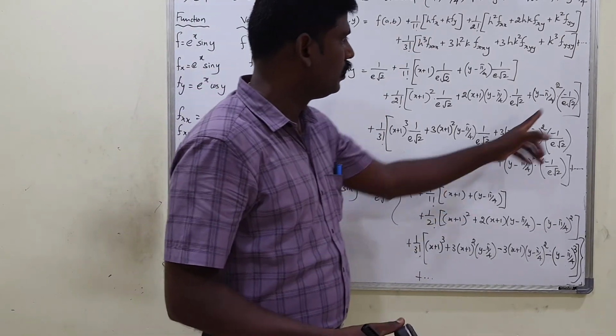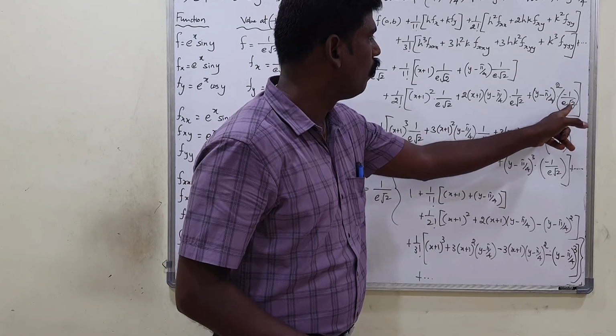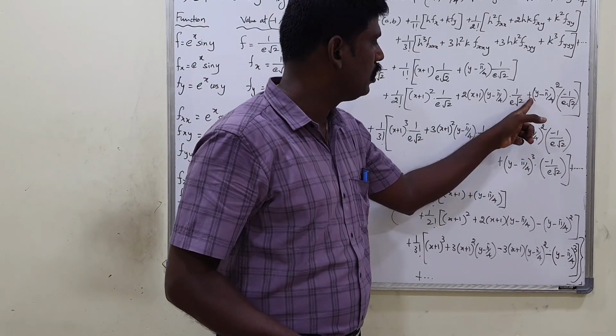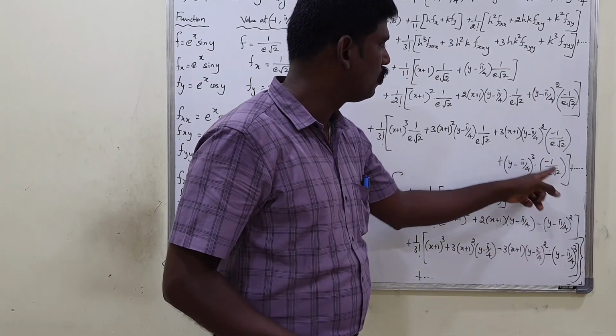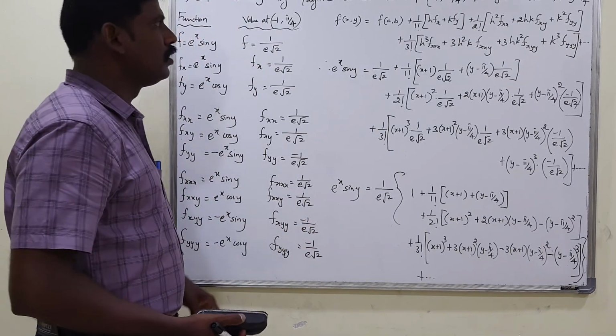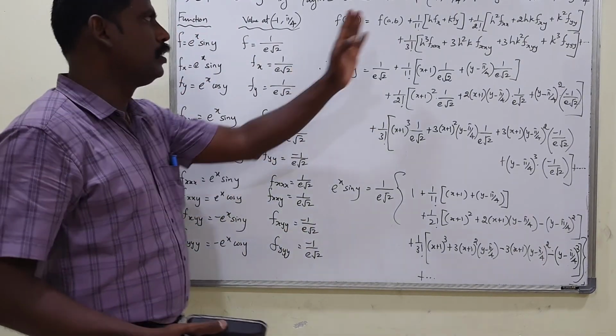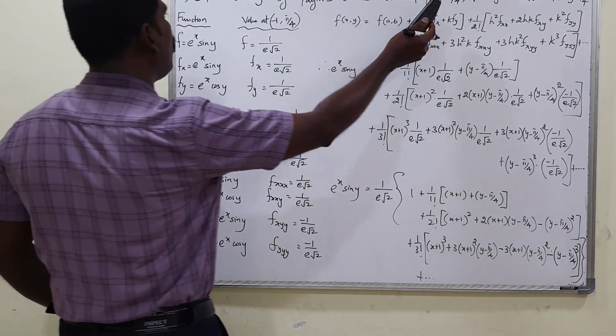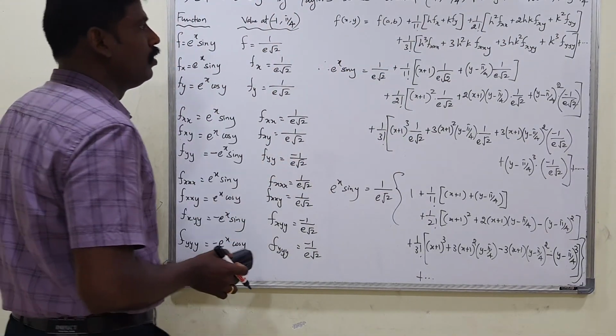Right? So carefully write it. So minus is here. So 1 by e into root 2 is taken outside, so this becomes minus. Similarly, these two terms become minus. Okay, that's all. So the problem is the same one, just the point is different, isn't it? So they asked the 3 problems by changing the point and keeping the function the same. Okay, that's all.